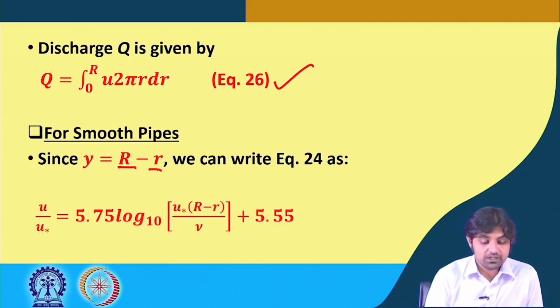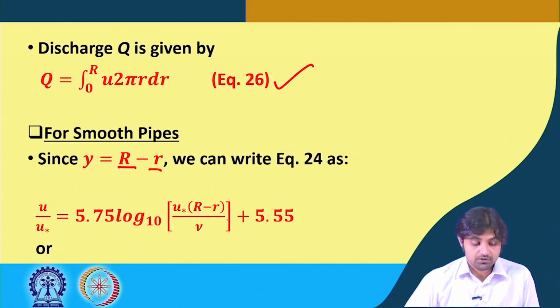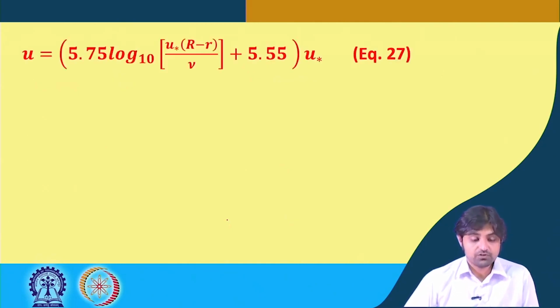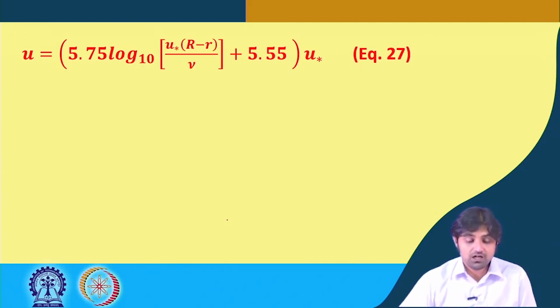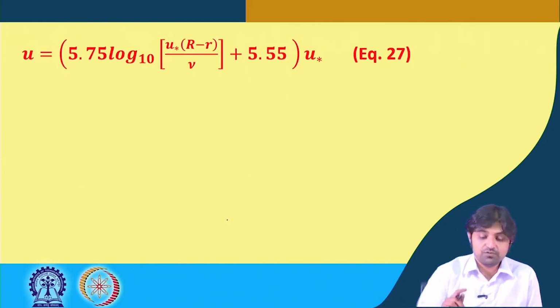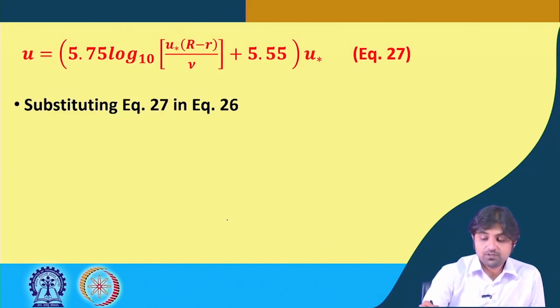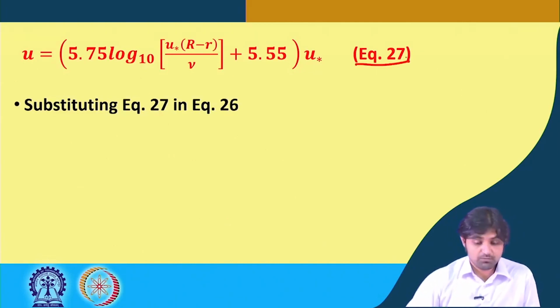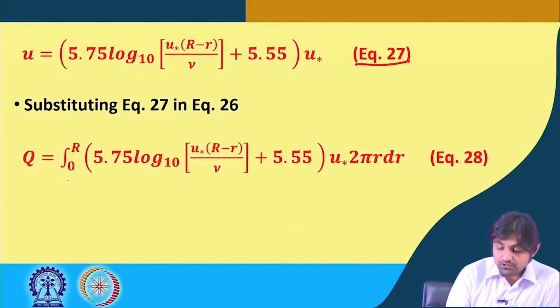Equation 24, u by u star can be written as 5.75 log 10 u star (R minus r) by nu plus 5.55, and that we have to substitute in Q. Or we can also write u is equal to 5.75 log base 10 u star (R minus r) by nu plus 5.55, into u star. So what we did, we took u star that side. Now, if we substitute this equation 27 in equation number 26, it will become integral 0 to R